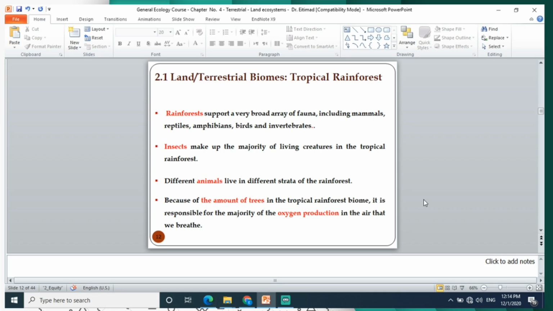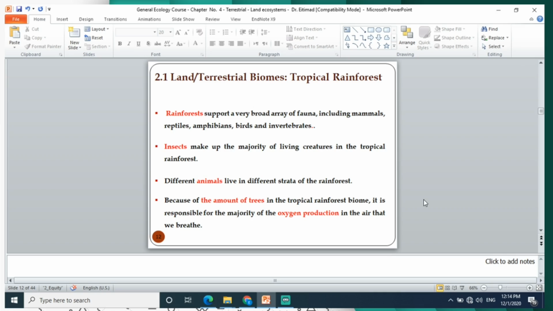But insects make up the majority of living crustaceans in the tropical rainforest. And also because it has different strata, different niches, different habitats, so different animals live in the different strata of the rainforest. And because of the amount of trees in the tropical biomes, it is responsible for the majority of